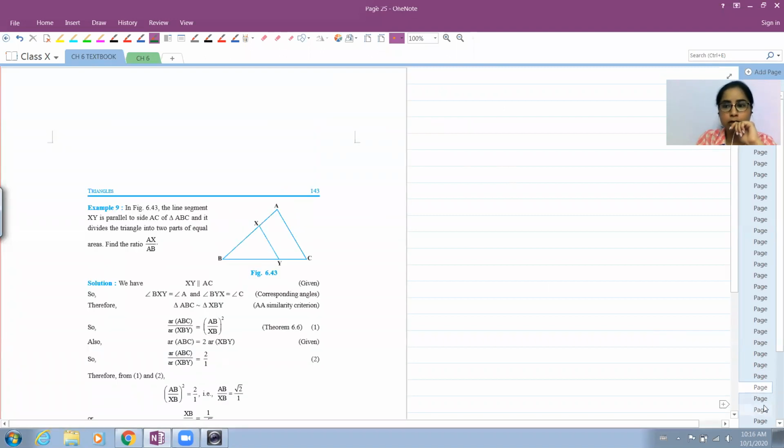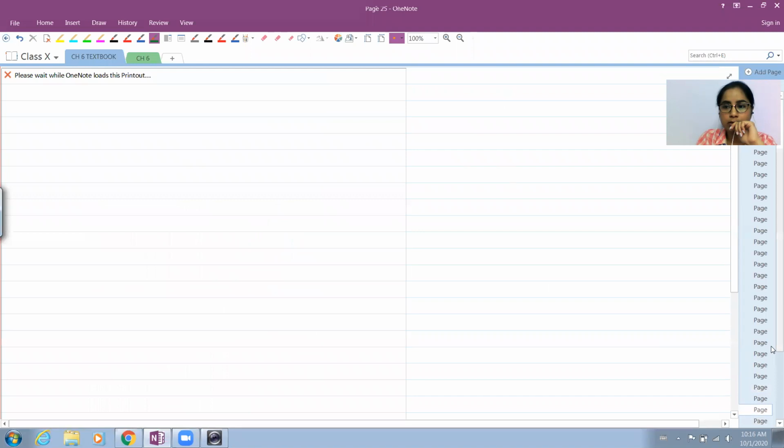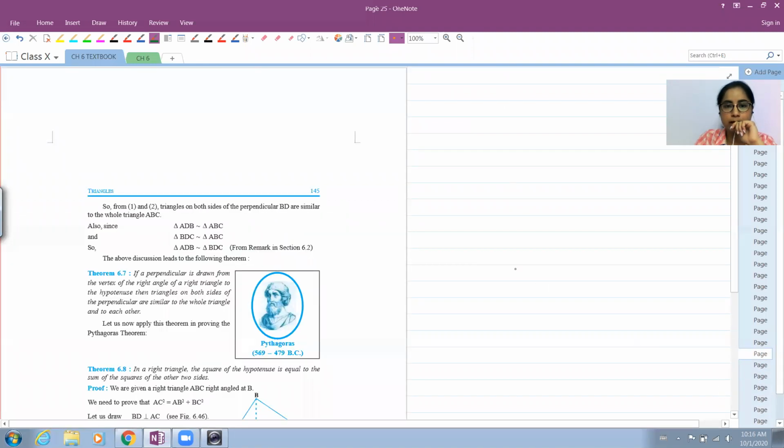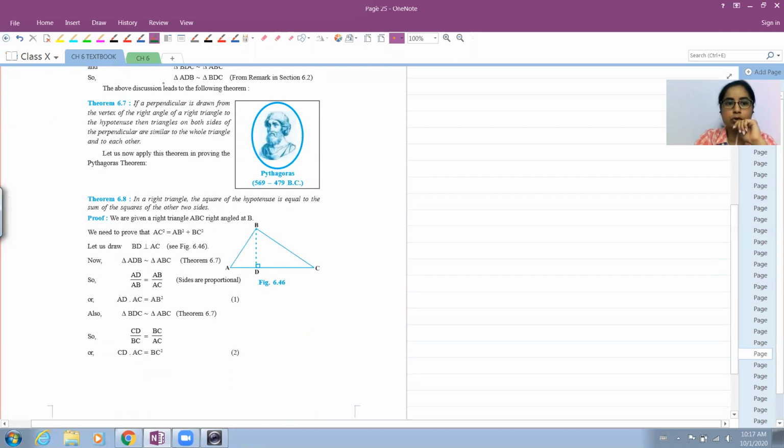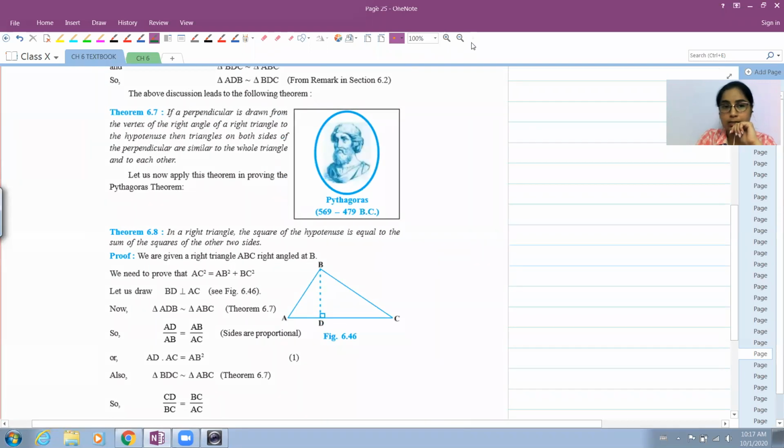And before we actually do the Pythagoras theorem, there is a result that we want to understand about a right triangle, which is given in the form of theorem 6.7 here. So they are saying that if there is a right triangle ABC, let us say, and we draw a perpendicular from the vertex containing the right angle. So let us say we have a triangle ABC, which is right angled at C.